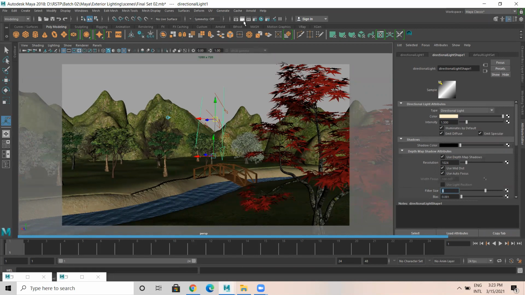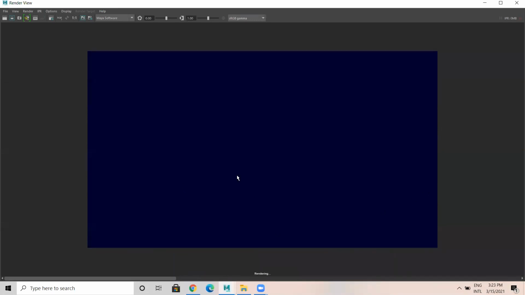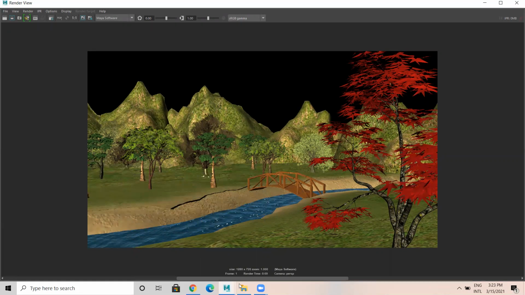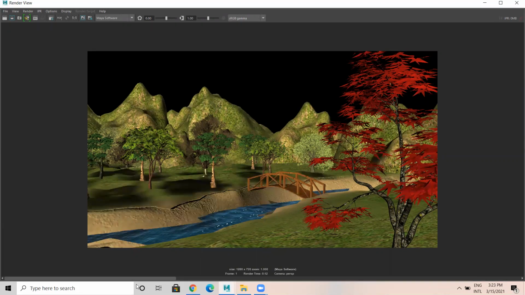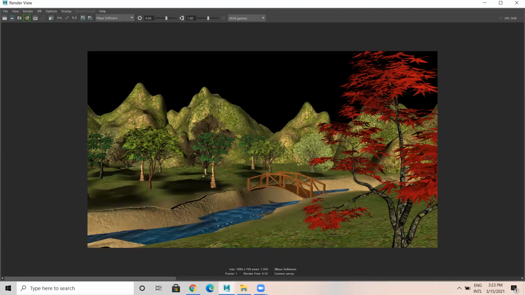Okay, now let's take a render. Once we add shadow, automatically we get depth for this scene. For this particular scene, automatically we start getting depth. Okay, see here, we start getting it here. But the shadow quality is not that great. Compared to earlier, it was like this. Now it's like this. See, you start getting depth, right? Lighting will create additional depth and all. So I'm going to capture this.